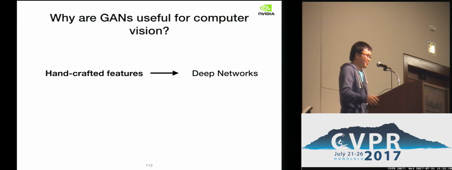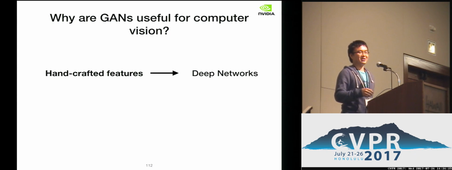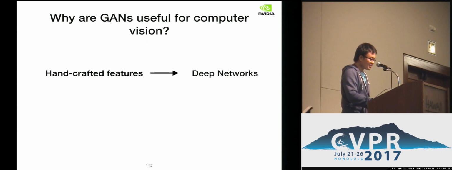Before we start, I would like to say that since 2012, we have observed a paradigm shift in computer vision. In the past, I remember when I was a graduate student, we spent quite some time understanding how to design a feature for a better discrimination task. Nowadays, we don't do that. We just design a network and train end-to-end and extract nice deep features, and we can do a very good classification task. So deep networks allow us to shift the focus from handcrafted feature design to network design. Quite nice.